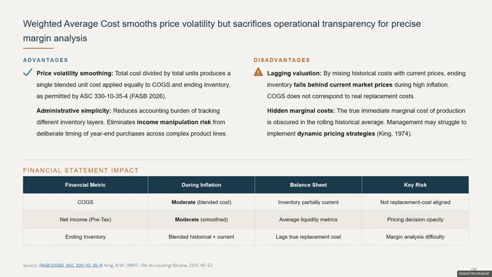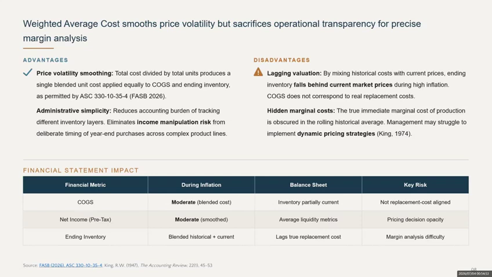The weighted average method represents the most balanced choice among the three inventory valuation approaches, with its core advantage lying in two key aspects. Firstly, it calculates a single weighted cost by dividing cost by total quantity, aligning this figure with both cost of goods sold and ending inventory levels.